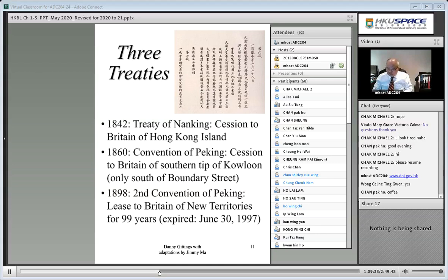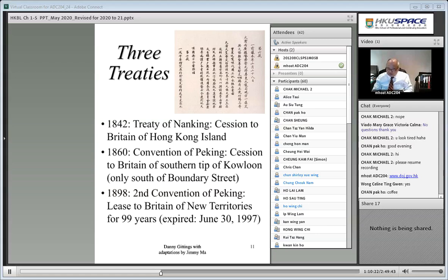leased the New Territories for up to 99 years, and that is why the date of June 30th, 1997, is when, for all practical purposes, the main bulk of Hong Kong, what was Hong Kong then and now, will have to be returned to the PRC, being the lessor of the land. And of course, that could happen without dispute, because it was a lease. A lease means a rent, if you like. Britain never had